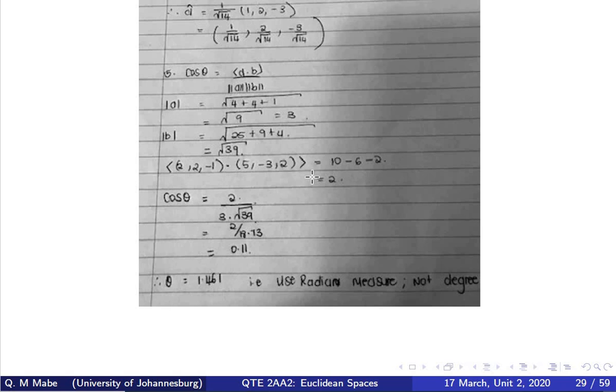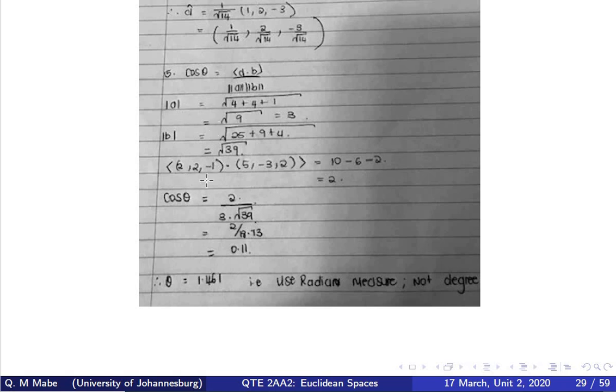In the previous slide, the question was we need to find the angle between two vectors, our two vectors A and B. Remember, in order to find the angle between two vectors, we just need to have cos of theta equals A dot B divided by the distance of A and the distance of B. So the distance of A,